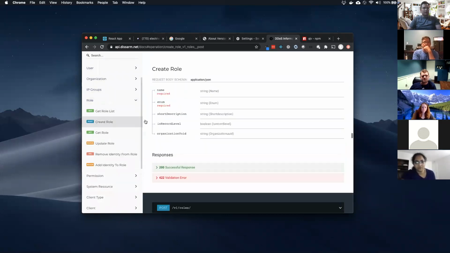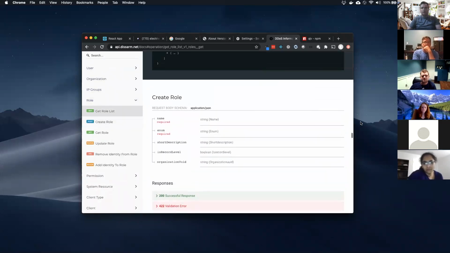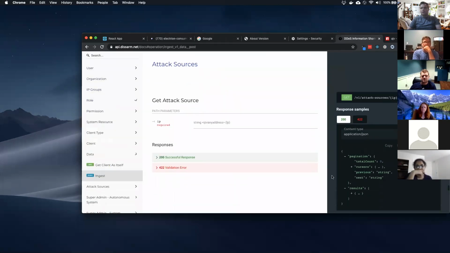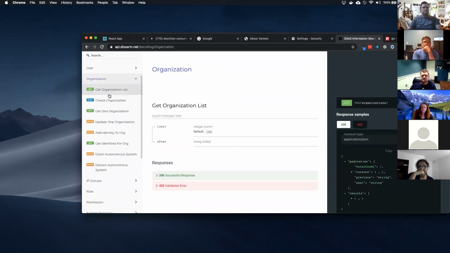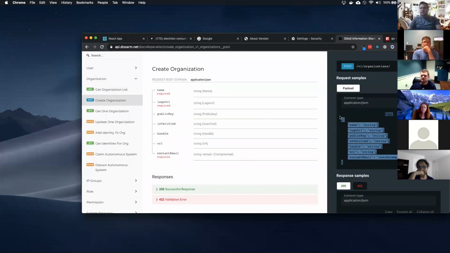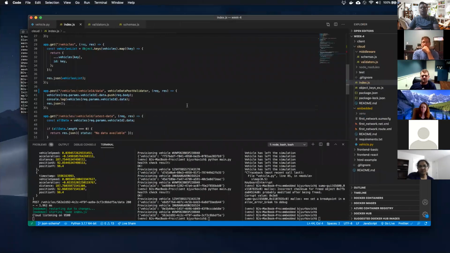I need to create a role. So what does that look like? All right, I need to post this and I need to post this stuff. So it's basically a contract. I say, all right, I know that I need to post this stuff, copy and paste it in, good to go. So there's a significant amount of advantage to coordinating between your team members.